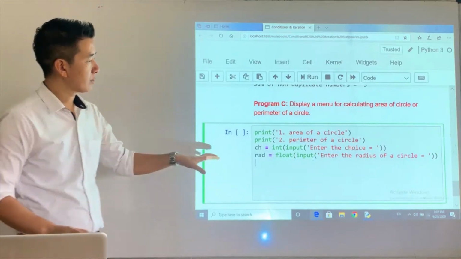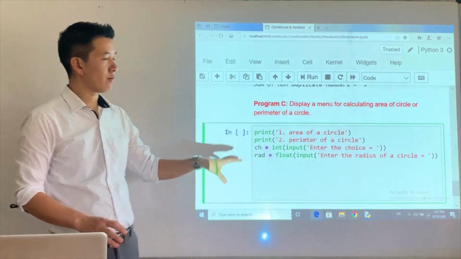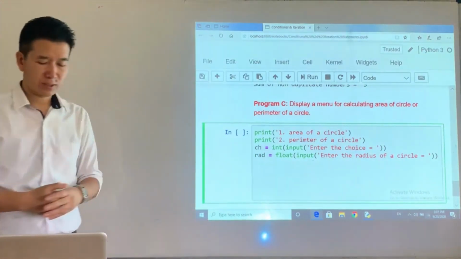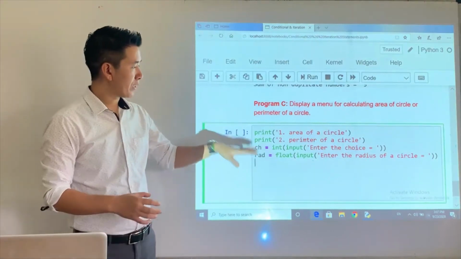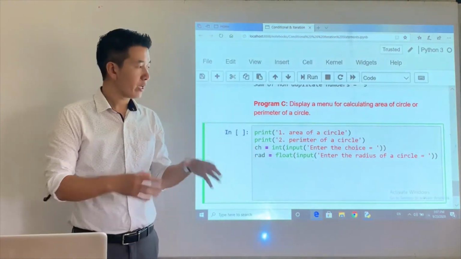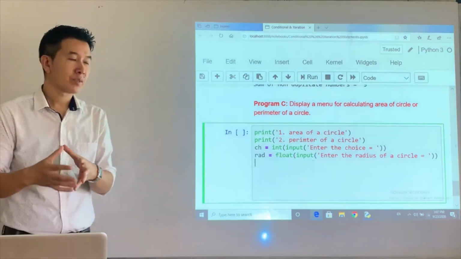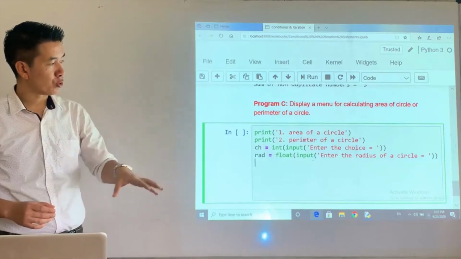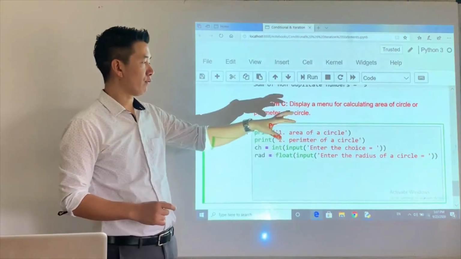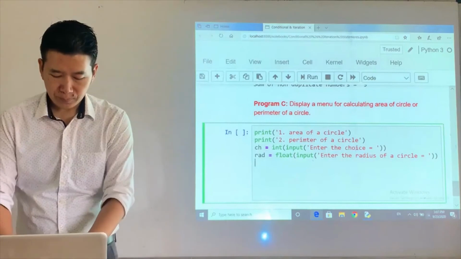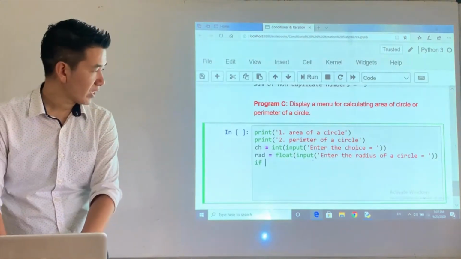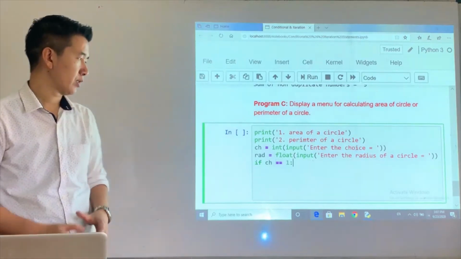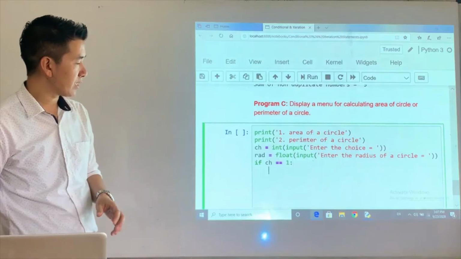Okay, I now have the choice, I now have the radius. So this is a very simple program which will help us understand the usage of if-else. Over here, we need to check for the choice. If the choice is equal to 1, then we need to print the area of a circle. If the choice is equal to 2, then we need to find the perimeter of a circle, right? So let's write the statement for the choice. If ch is equal to 1, if the choice entered is equal to 1,